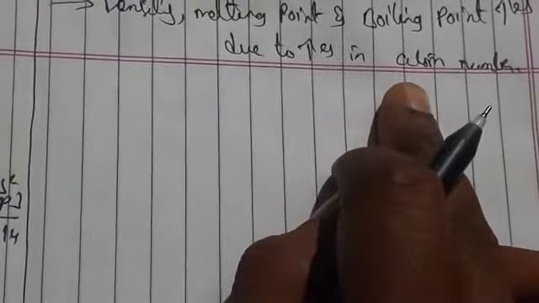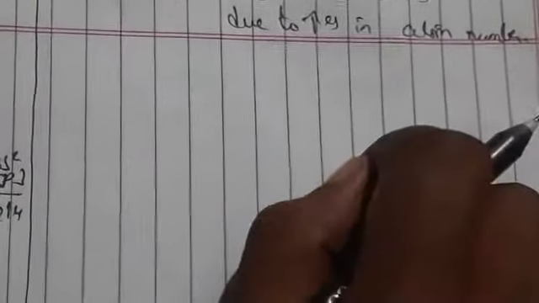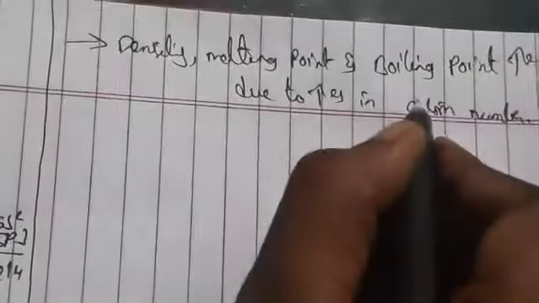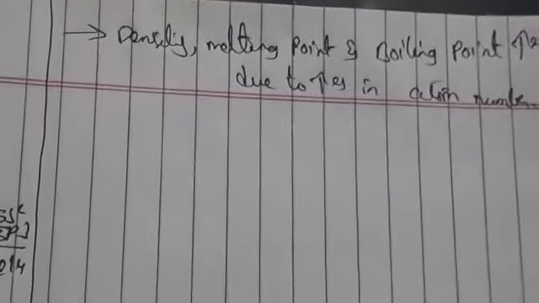Coming to melting point here, up to arsenic it increases, and after arsenic it decreases for antimony and bismuth. Why is it decreasing? Due to the addition of new orbits, and here the tendency to attract d orbitals and f orbitals is more. Because of that reason it decreases after arsenic and antimony.